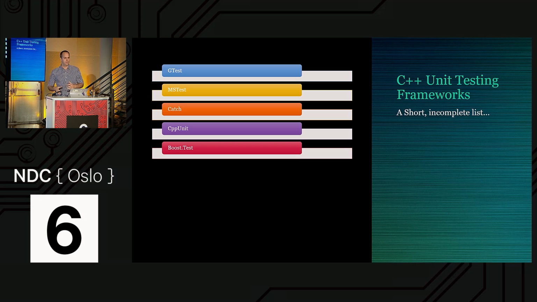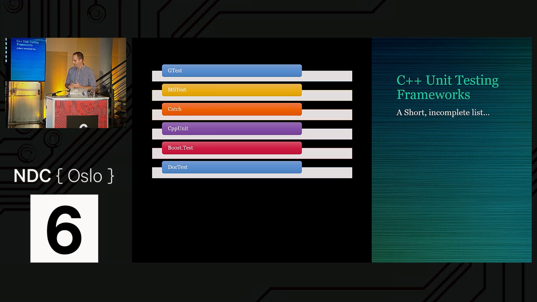There's boost.test, which comes part of the Boost library, which you can use as well. I find it to be very verbose. I don't like to write too much code if I can avoid that. And there's doctest. Doctest is the first Catch derivative. They took the ideas from Catch, and they changed a few things as far as the syntax, but they have a different idea. The idea of doctest is to write the test as part of the code in the same assembly, in the same place as the code, and during build you can use a flag to make all that code disappear, not compile. And that is an interesting idea.